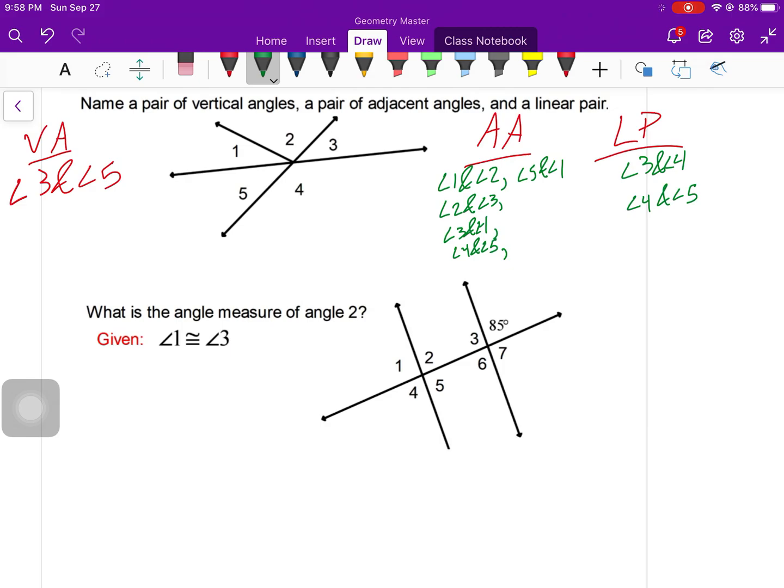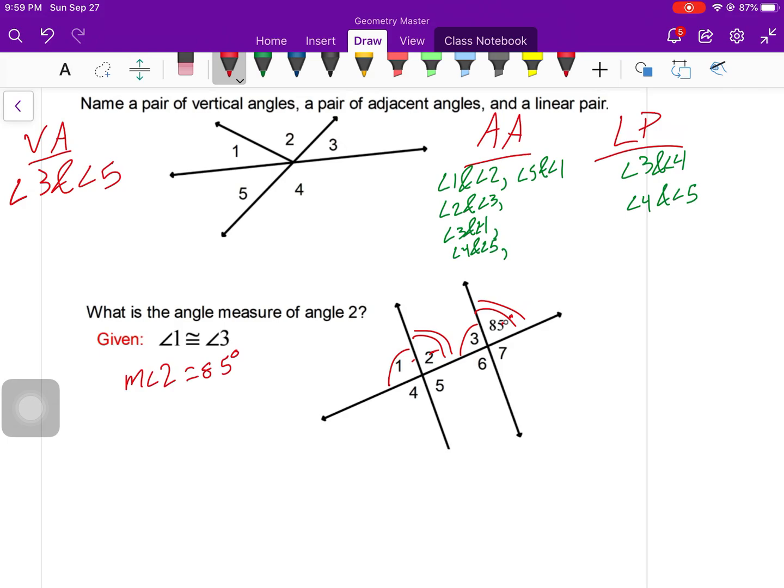For the second one, what's the angle measurement for angle 2? It tells you given, but you do not have to write a full proof. But you should be able to figure out that if 1 and 3 are the same, that 2 and 85 degrees are the same. So I know that angle 2 is 85 degrees. So that tells me that measurement of angle 2 equals 85 degrees. You can figure this out because angle 1 and angle 2 are a linear pair. Angle 3 and the 85 degrees make a linear pair. You could substitute the measurements of angle 1 and angle 3 together to figure out that angle 2 is going